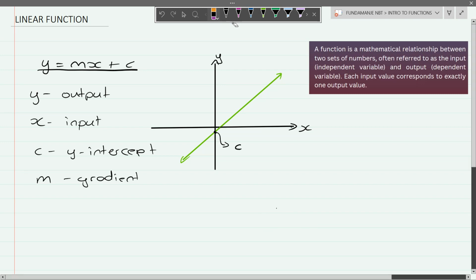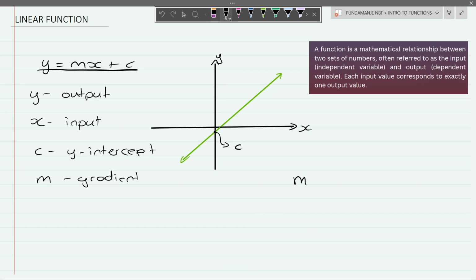And the gradient formula is written as follows. The gradient is equal to y2 minus y1 over x2 minus x1, where (x1, y1) and (x2, y2) are coordinates at any point on our function. So getting the difference between our y values and the difference between our x values, and then finding the quotient of that